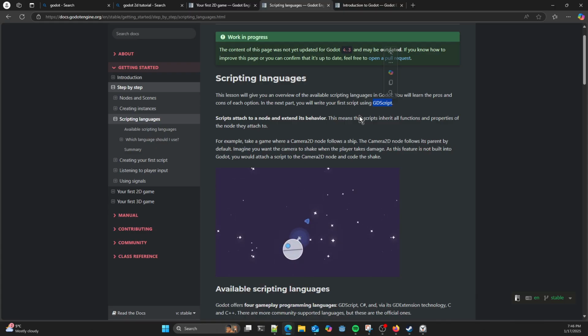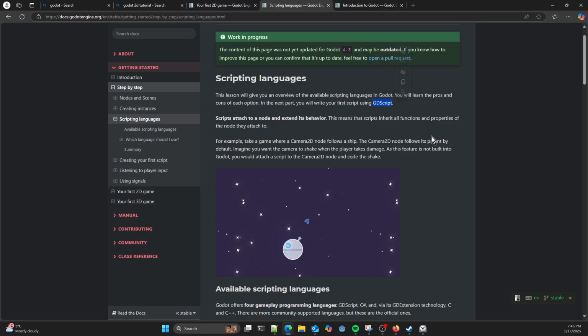So if you've done any bit of Python, and even if you haven't, it will feel fairly intuitive to begin with. And I think they've gone for simplicity, and they've also managed to have a pretty decent performing game engine with it, despite it being an interpreted script. So anyway, GDScript is what we're going to do within this tutorial.